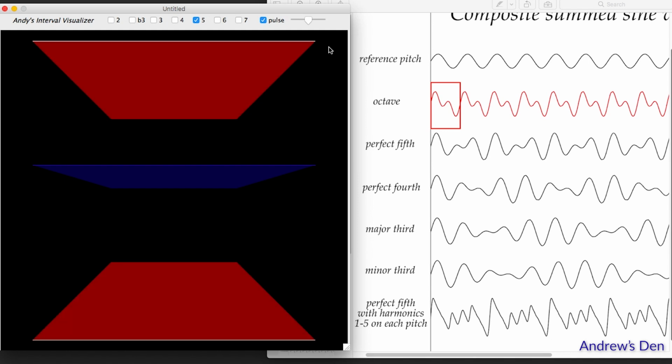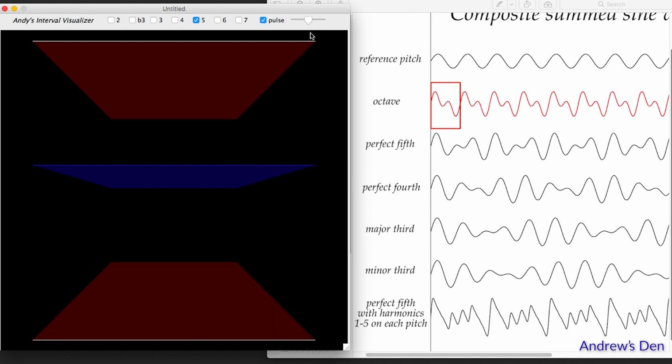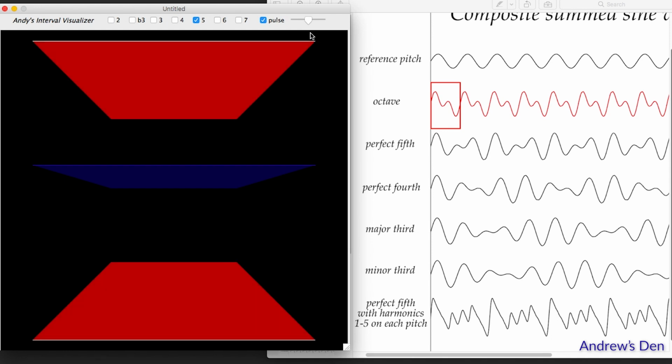You know, actually, in reality, it's happening very fast in the air, right? If it's 100 hertz, which is quite a low note, that'd be pulsing 100 times a second. And if you have a 1,000 hertz sine wave, 1,000 times a second. So we're slowing it down, putting it in a realm where we can perceive it. But the idea is this visual explanation of what's happening in sound might help us understand the actual character of